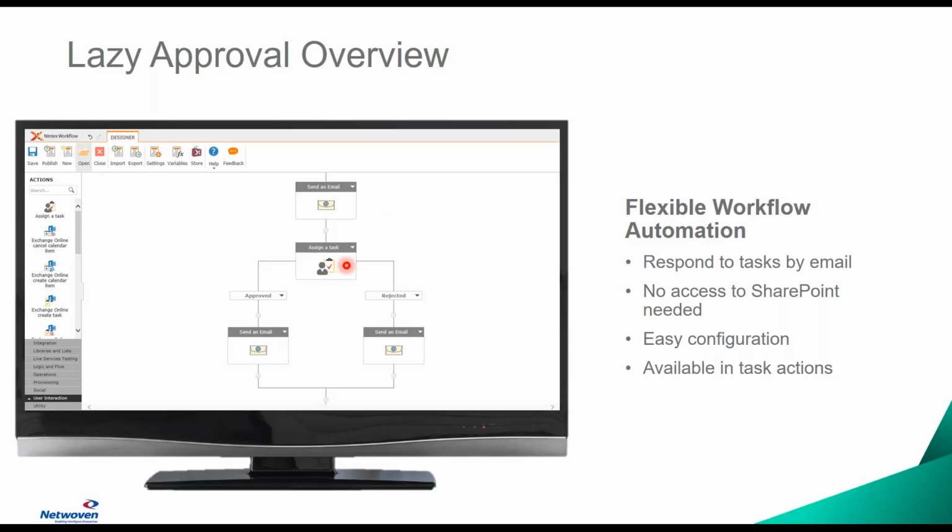The whole idea here is when the manager receives an email notifying the manager that there is a task to respond to, either approve or reject, instead of having to go to the website or into SharePoint and look at a task and say approve or reject, we can do that all by email. And we can do that using keywords. So again, on the right side, you see that it says we respond to a task by email. The person being assigned the task for the approval or rejection can say yes, no, approve, decline. There's a bunch of different terms that map to approval or rejection. You can also put in custom responses as well.